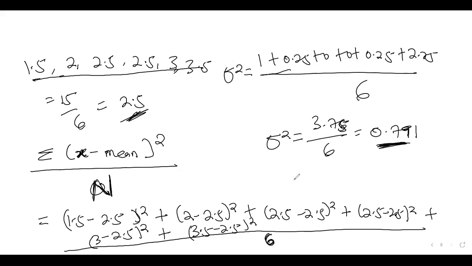will be equal to the square root of 0.791, and that would be 0.889. Okay, there is the standard deviation of the sample means. Now, the theory says that the standard deviation of the sample means, this figure, should be equal to